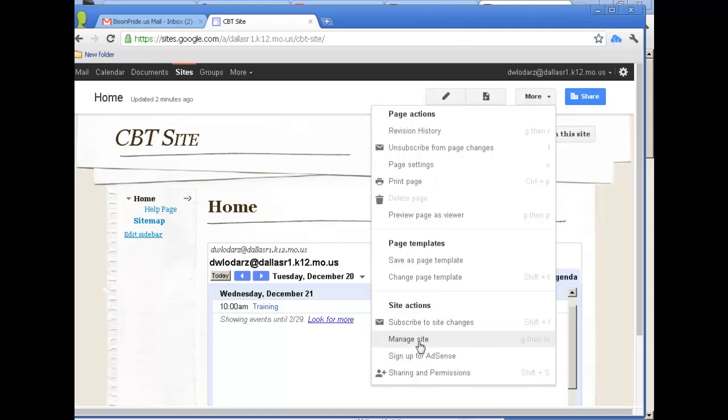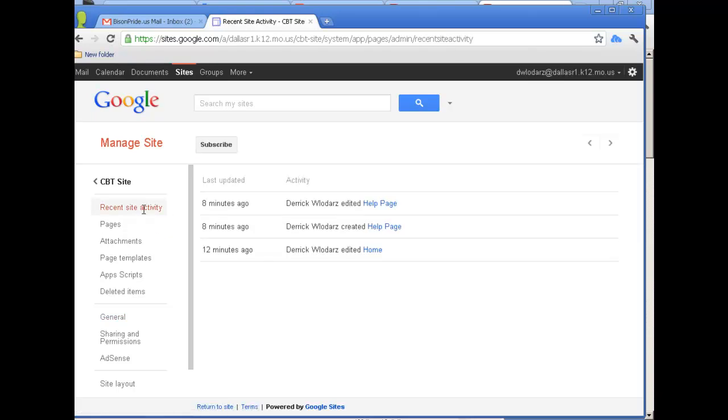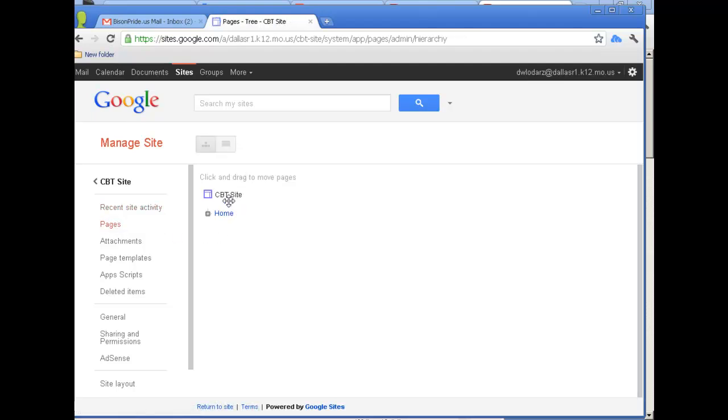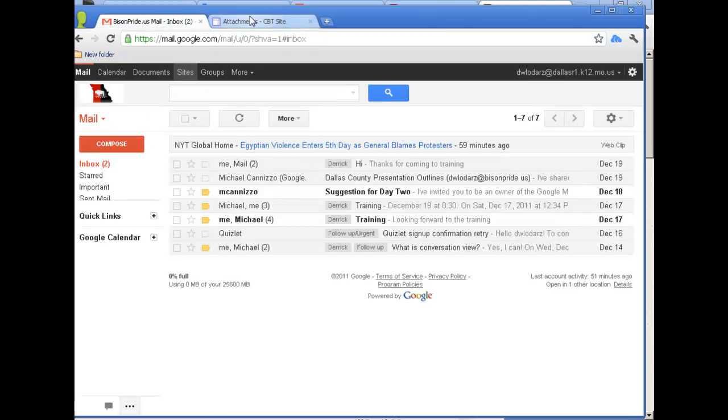I can also manage the site from here. So if I want to go in and change the site name, I can add a description. I can put it in a category. I can see recent site activity. I can go to pages. I can see the full structure of my website. I can see what attachments are associated with my site. And I think this would be a good time for me to jump over to my other presentation. My other site,